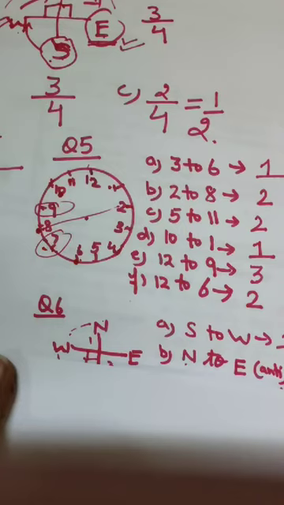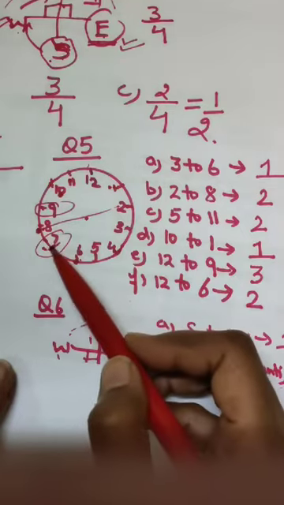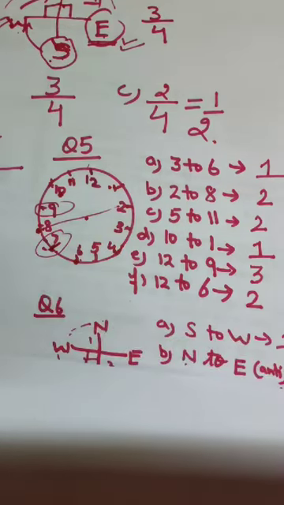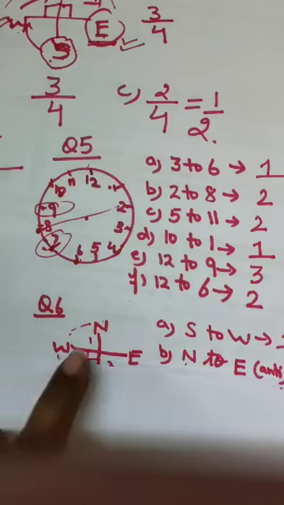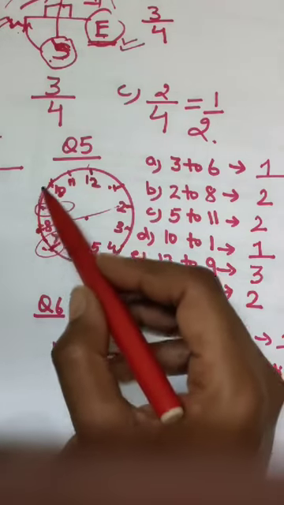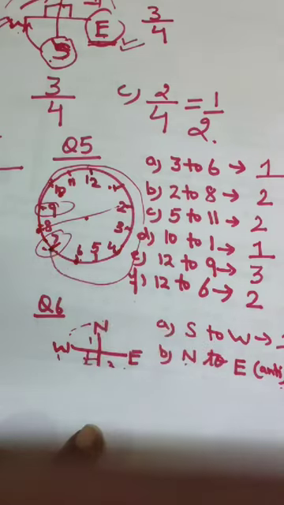D part, it starts from 7 and turns through 2 straight angles. Now right angles are not given, it is given straight angles. One straight angle means 180 degrees, and 2 straight angles means 2 times 180 degrees. 180 plus 180 is 360 degrees, and 360 degrees is a complete revolution. That means it will start from 7 and it will end also at 7. It will stop also at 7.